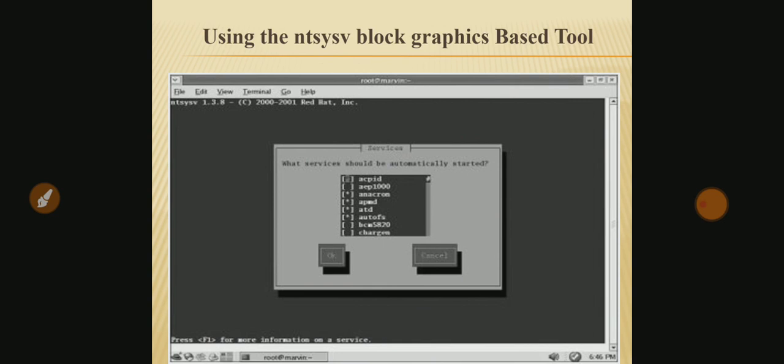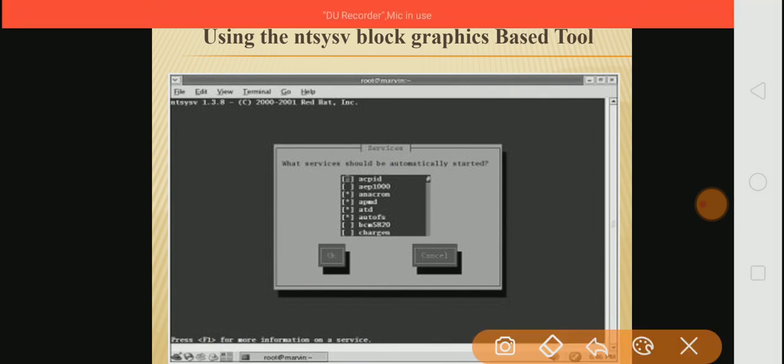So this is the interface of ntsysv, which is a graphics based tool. Here is the list of services, and with the help of the tab button we can move through these services, and the space bar is the toggle button for selecting and deselecting the services.